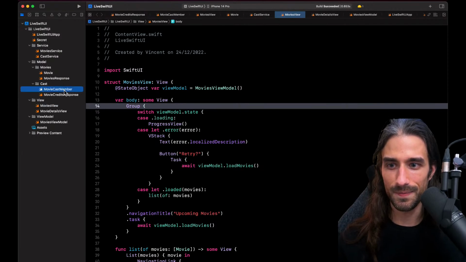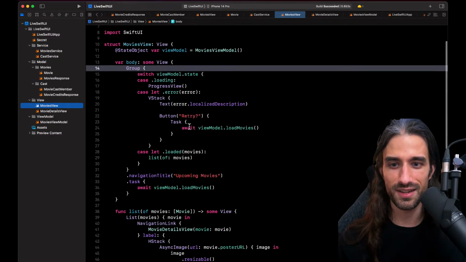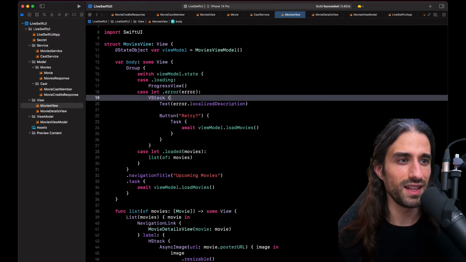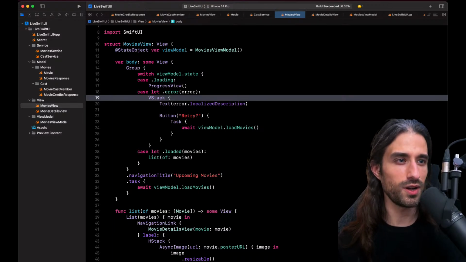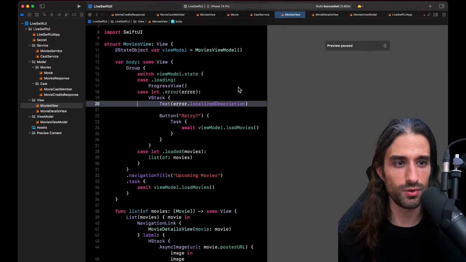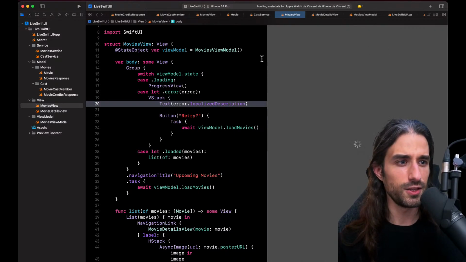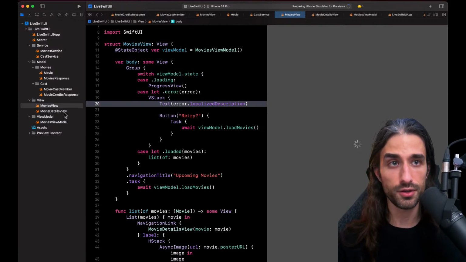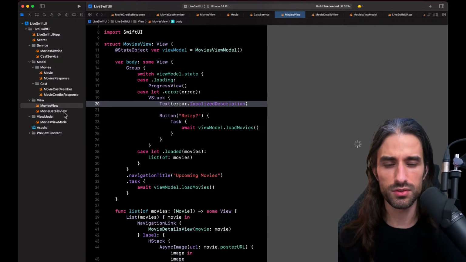Okay, let me display where I was before I crashed everything. So I had just implemented this thing. Okay, and yes, you're right, Wilfried. What I want to have is here. So to show and hide the preview, it's Command Alt and Enter. Going to display the preview again, and you were suggesting to have the style to be inline for the detail view, which is a very good suggestion.